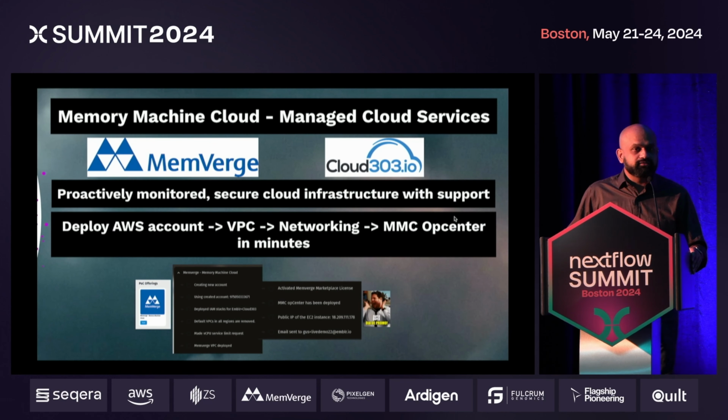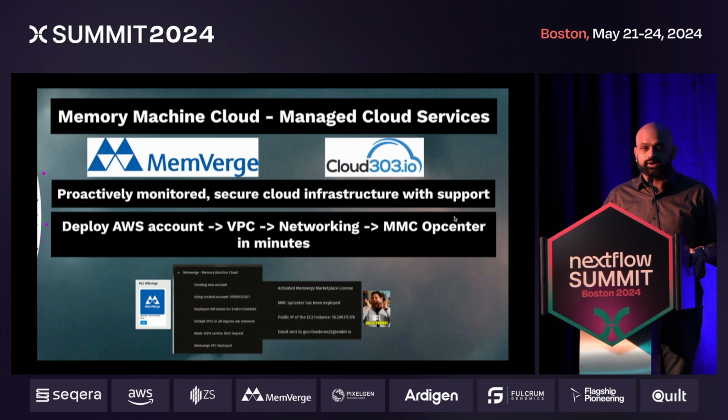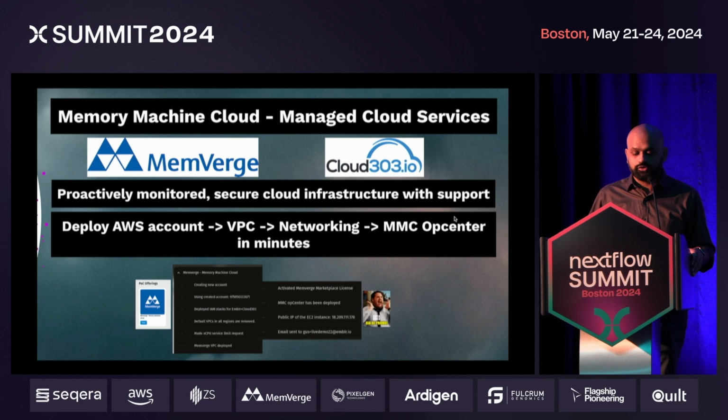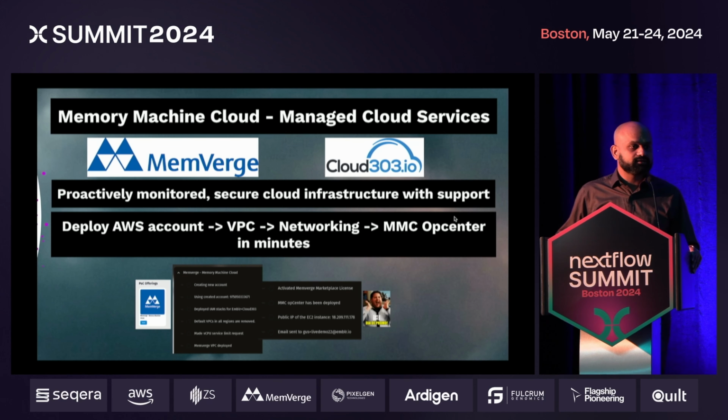Finally, the most important product that we are excited to launch today is our Memory Machine Cloud Managed Cloud Services offering, where we are collaborating with Cloud 303, an AWS partner, where we will proactively monitor and provide secure cloud infrastructure with support. So this is basically addressing a pain point that we have seen previously with some of our customers, where